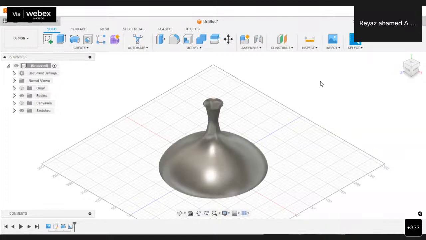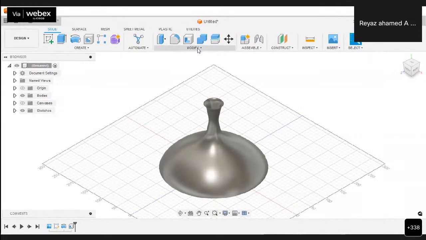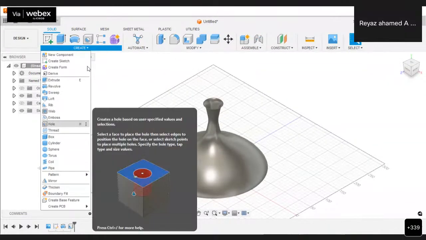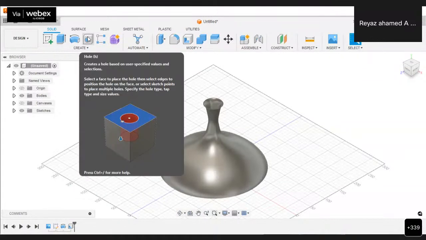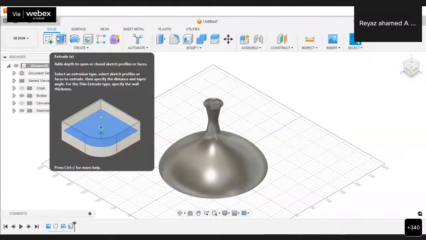Okay, now let us create a hole over here. So how can that be done actually? Let us go with the extrude feature itself. There is also an option called hole, which you may use. In the create menu, there's a hole option available here also. You can use these options, and for fixing fasteners it is okay. But for removing material, you may go with the extrude option. Okay, so let us go with the extrude option.